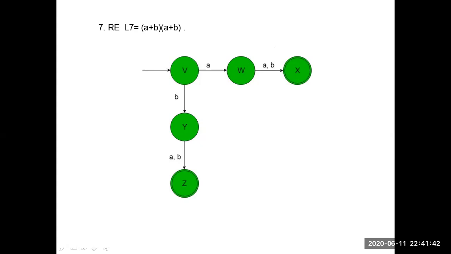Some people, if you want to reduce the number of states, instead of going from Y to Z, creating a new state, from Y directly we can give an arrow mark to X also. We can provide an arrow from Y directly to the final state X. That means we can maintain a single final state for both W and Y if you want to reduce the number of states.